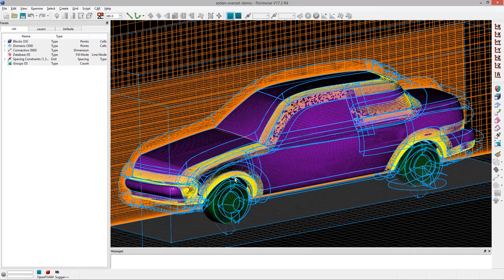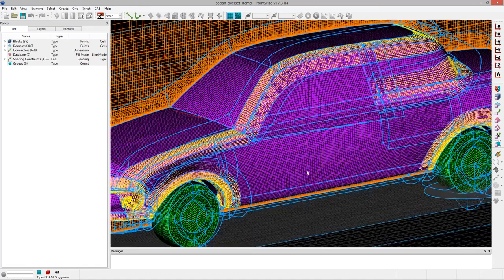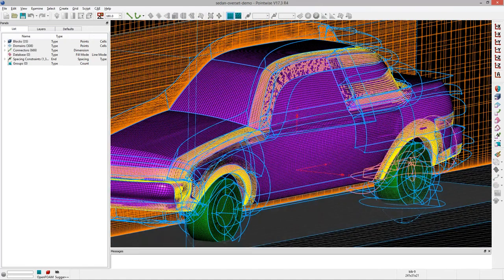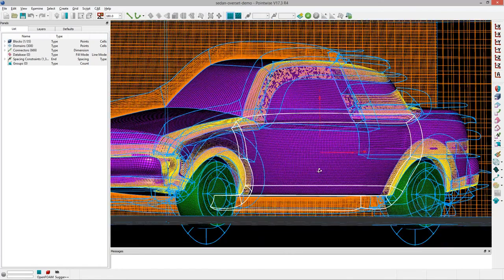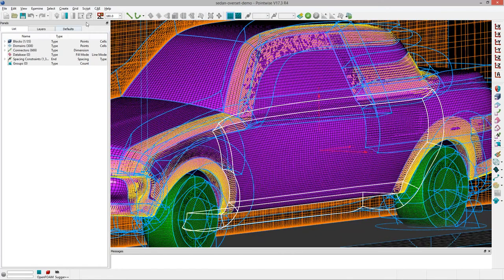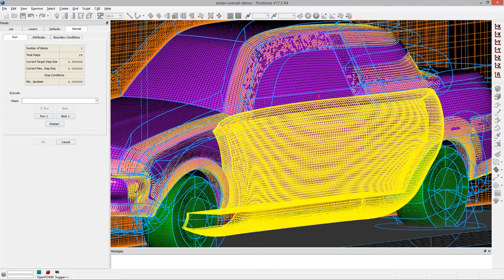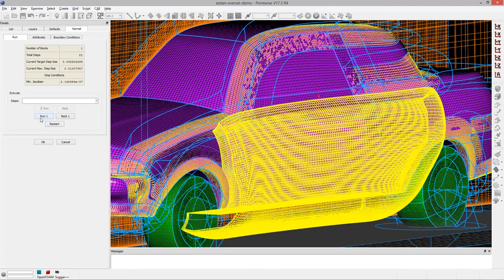Now, once you've created those overlapping surface meshes, the next step is to create your overlapping volume meshes. Typically this is done through extrusion, either algebraic or hyperbolic extrusion, taking advantage of the splay option, where when you grow off of the surface, you're mushrooming out so you can get sufficient overlap in the volume. That's exactly what Chris has done for this case. For the majority of these surface meshes, he's just done a hyperbolic extrusion. The nice thing about that is, in Pointwise, if I take a block that I've extruded, like the block on the side of this vehicle, and go to grid re-extrude, I can push that block out even further.